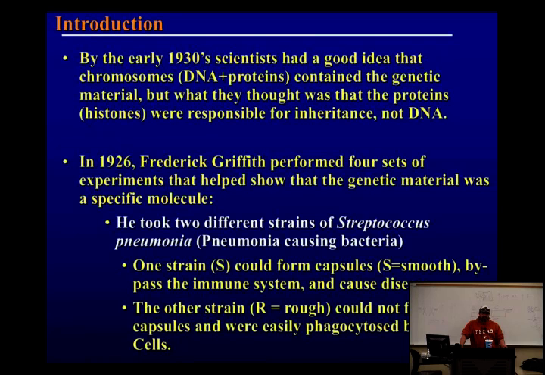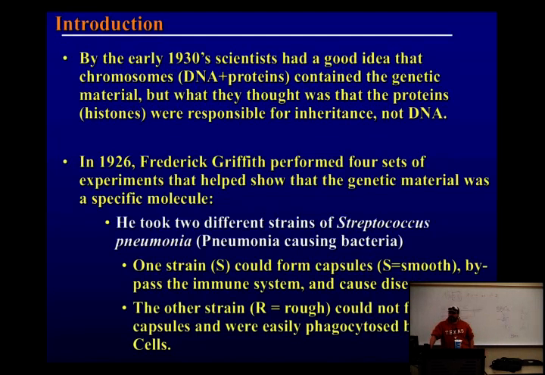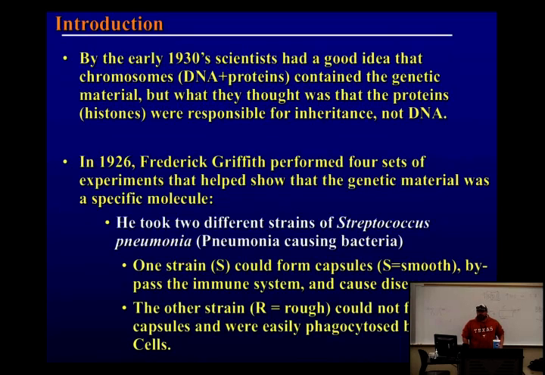So how many letters are in the code for DNA? How many letters are in the DNA alphabet? How many letters are in the protein alphabet? 22. There's 20. So what do you think you can make a more complex language with? Most scientists believed that DNA, with its 4 puny letters, could never make something like a human being. So they completely disregarded DNA. They thought it was just junk. They didn't think that it had anything to do with heredity. So everybody was on the protein bandwagon at this point.